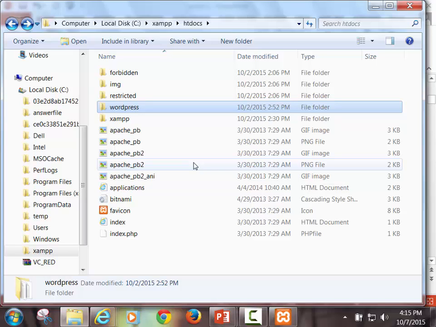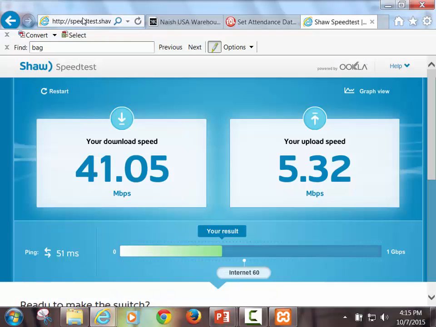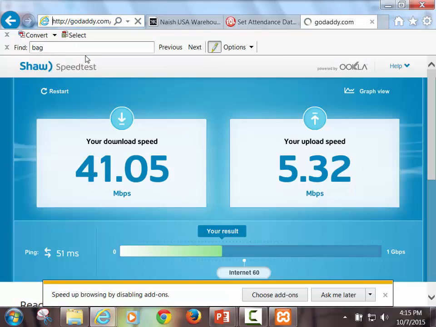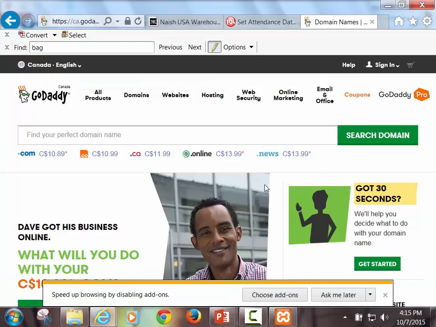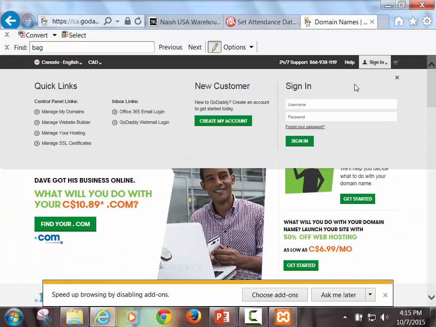So what we did here was we set up a WordPress installation locally. We installed XAMPP. XAMPP is acting for us as if it's GoDaddy. Okay, so I'm going to go here to GoDaddy, and I'm going to show you the difference between the two. This is my GoDaddy account. Okay, one of them. If I log in here,